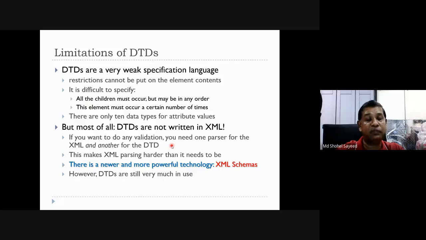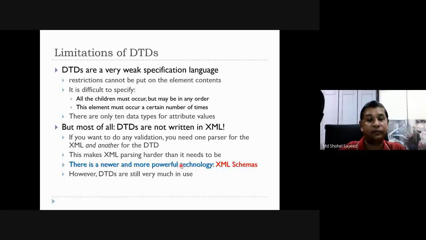That means if you want to do any validations, you have to do two things: one for the parser validation and another for the DTD validation. It makes XML parsing harder than it needs to be, so that makes it very hard for the XML parser to differentiate between the values and the text.